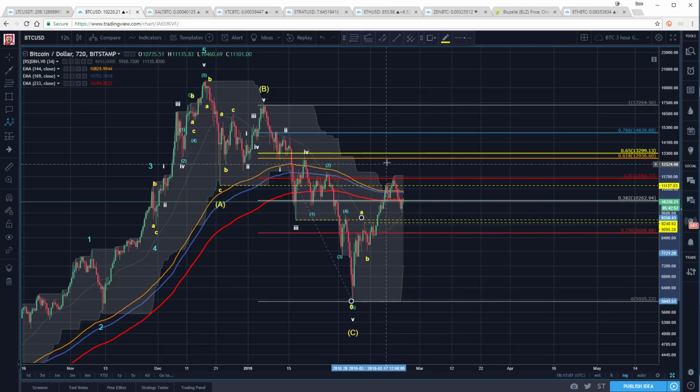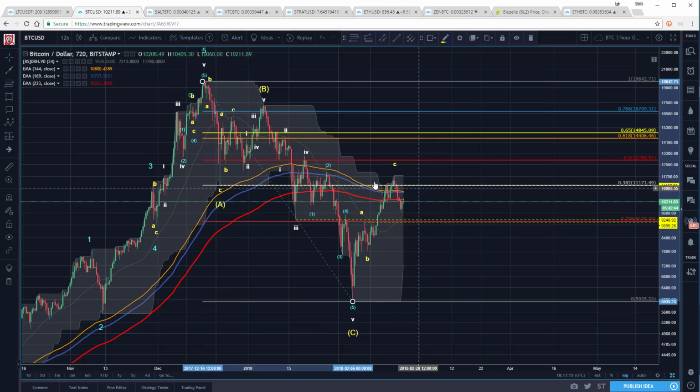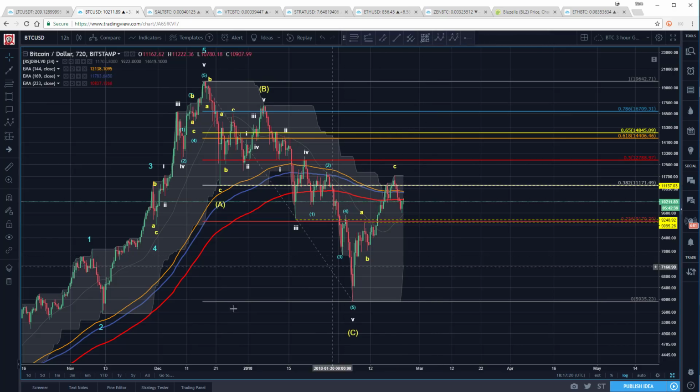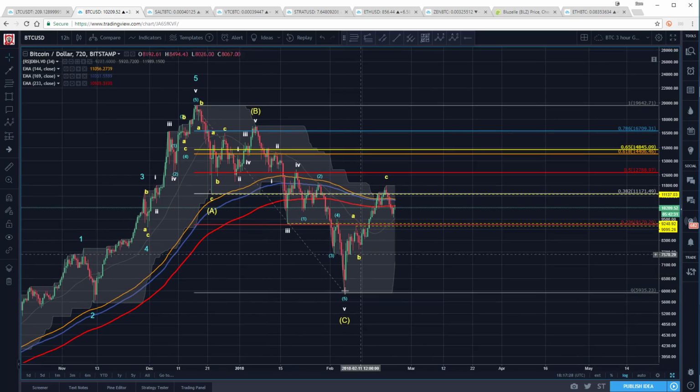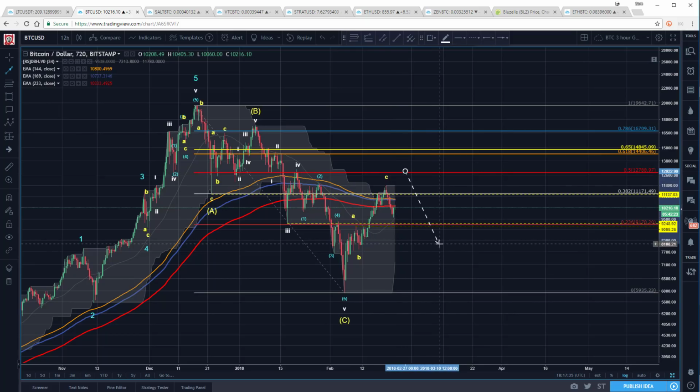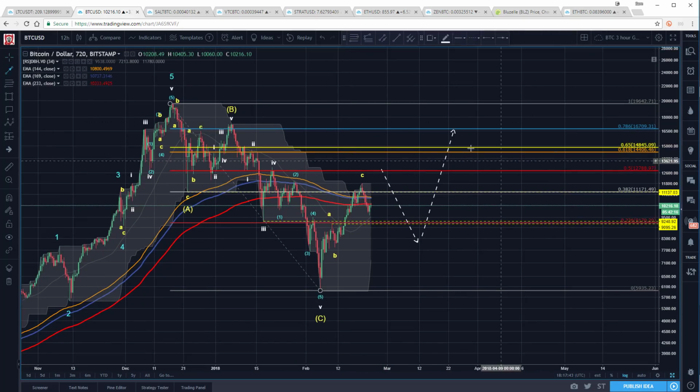I know a lot of people still see this. ABC into that. Now we're going to go down 1, 2, 3, 4, 5. And if we go all the way up to check that, we're just at the 38. Now, if it goes 5, the only way you can play that, if you're a bear, is that you've got an A wave, B, C, which would still be corrective. So if that goes up to a 5 and then we come down, then you're playing this, as I was showing you before, as an A, B, C,